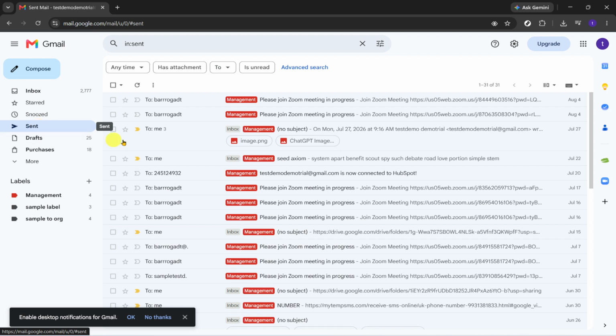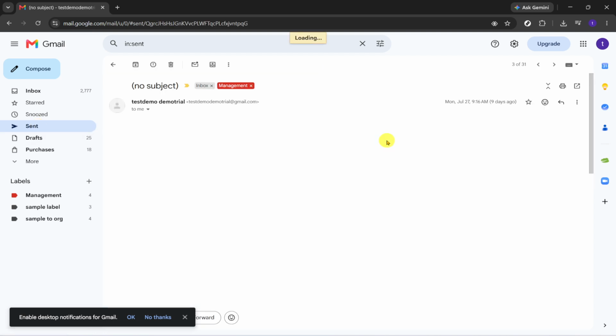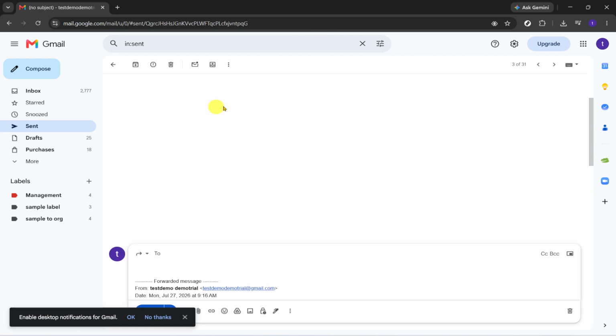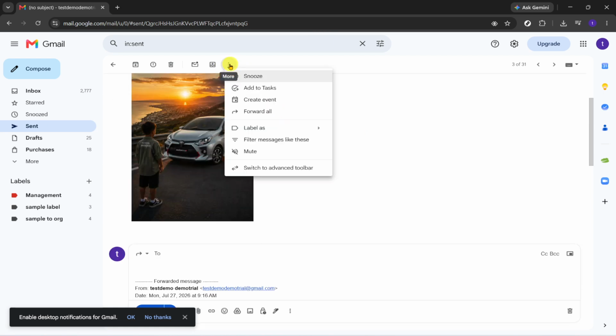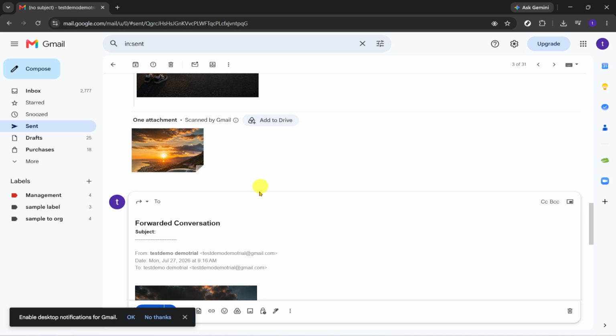This menu contains additional actions for the conversation. Click the three dots to open the list of options. From that menu, choose Forward All. This option is important because it includes the entire conversation thread, not just a single reply. That makes it especially useful when you want to bring someone new into the discussion and make sure they have